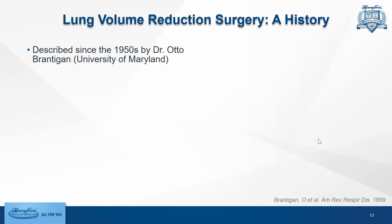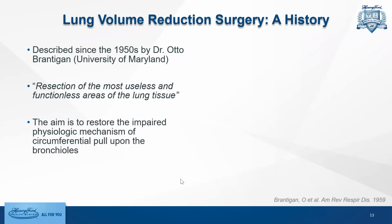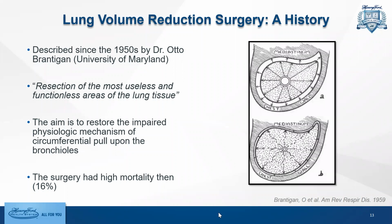So this surgery was described since the 1950s by Dr. Otto Brantigan. He's from University of Maryland. In his very own words, it's the resection of the most useless and functionless areas of the lung tissue. The aim of this surgery was to restore the impaired physiologic mechanism of pull on the bronchioles. It all sounds great and dandy. However, that surgery had 16% mortality at that time, and a lot of the medical community shied away from it